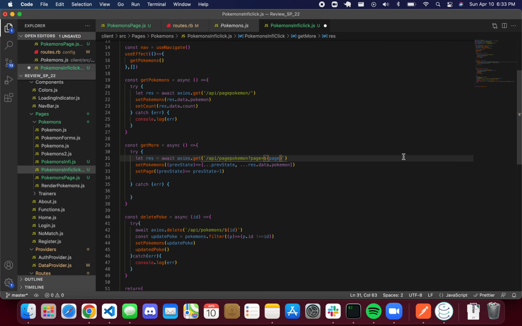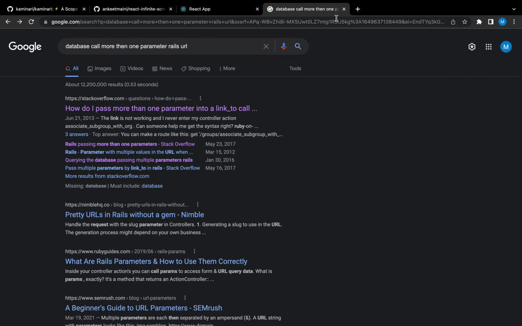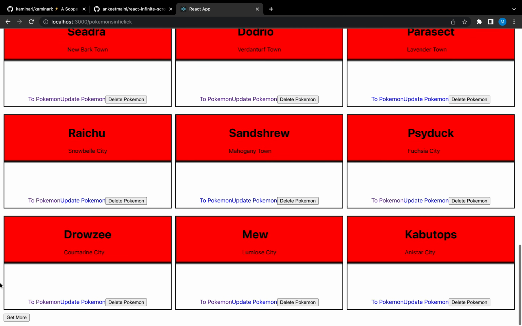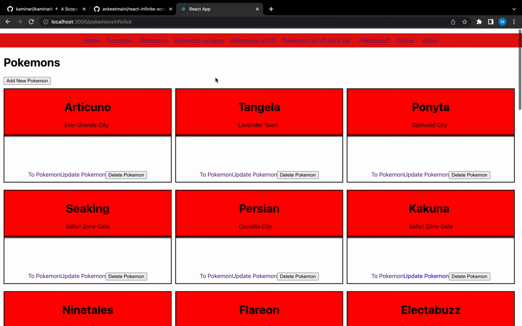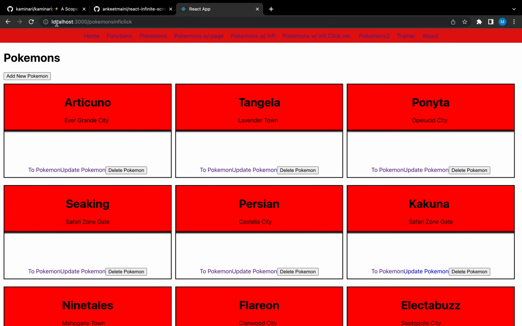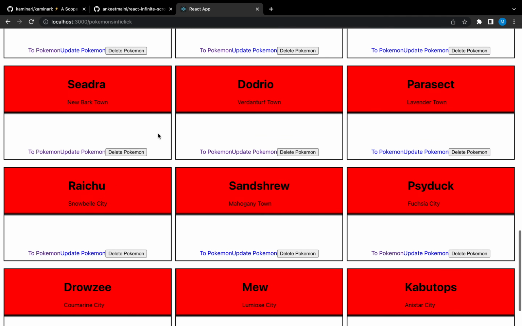Go back here and per is equal to that dollar sign, because I don't want to click this 20 times. So I'm just gonna do a per amount of 100, and then if I refresh this,